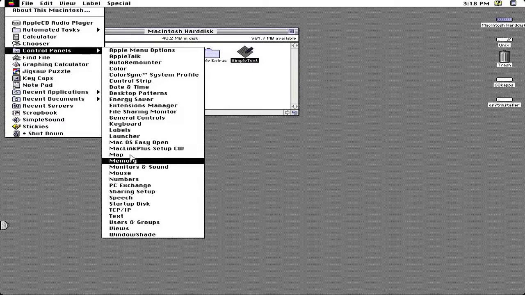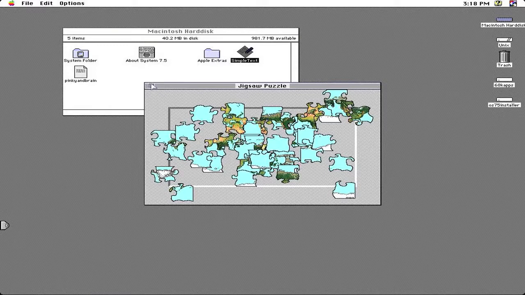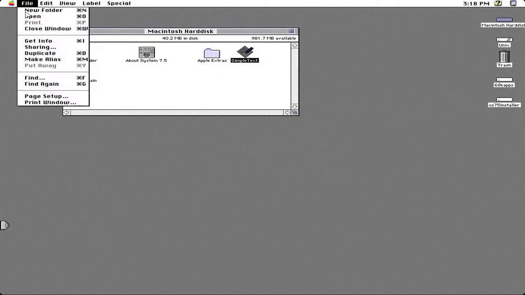For some odd reason, they have a map on the older control panel, which I think is kind of strange, given that Windows and Mac OS X don't do that. Windows OS 9 does. But anyway,